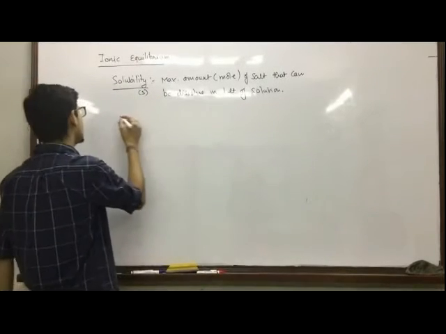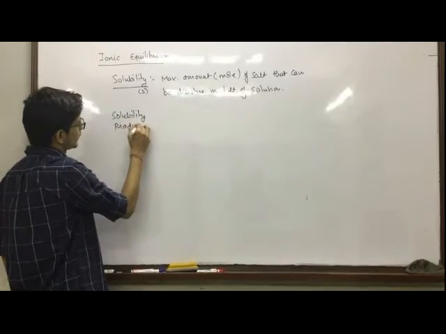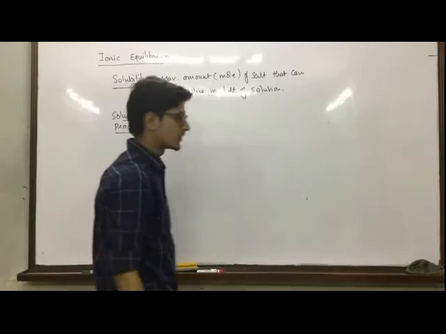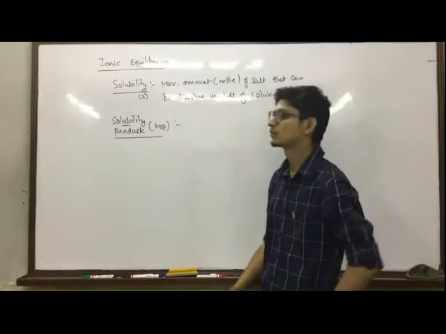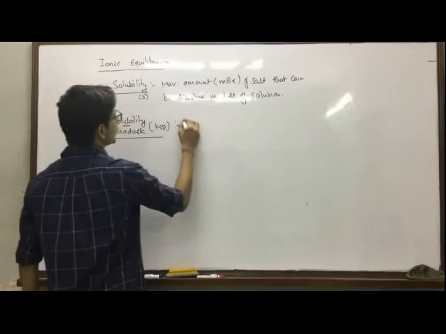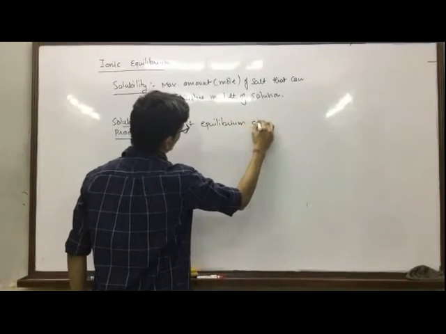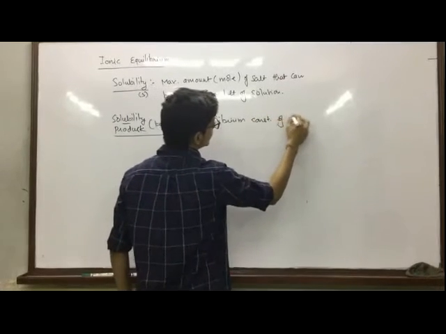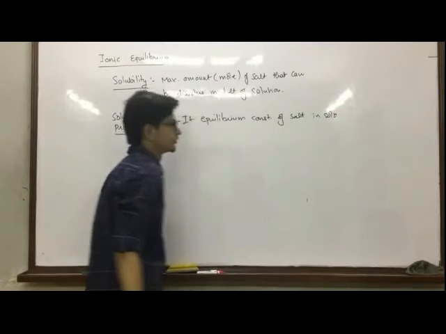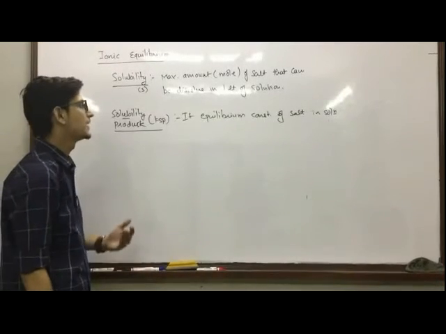Okay. Second terminology, we are going to study about the solubility product. Solubility product is just a numerical value actually. The ionic constant, numerical value of the equilibrium constant for the salt which is going to exhibit in the solution. So this is equal to the equilibrium constant of salt in solution. It is just the equilibrium constant. How the salt is going to dissociate in the solution, for that equation is the equilibrium constant.